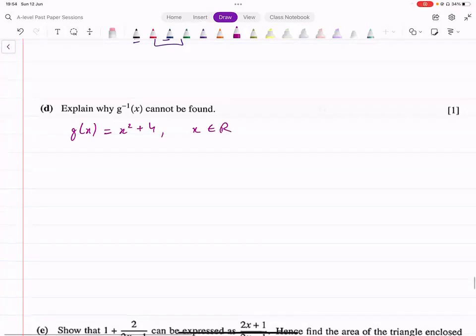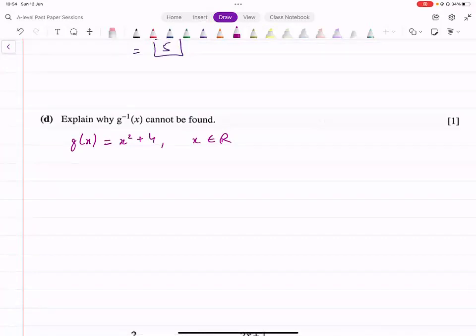Now, why is the inverse of this function not possible? Well, it's a quadratic function, right? So you know it's a shape that looks like this. It's a quadratic function. And as you can see from the graph, it's not a one-to-one function. Inverse only exists for one-to-one functions. So all you have to say here is, because the inverse does not exist. Why? Because